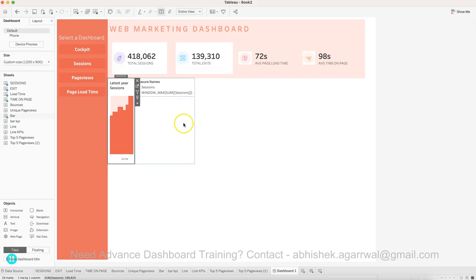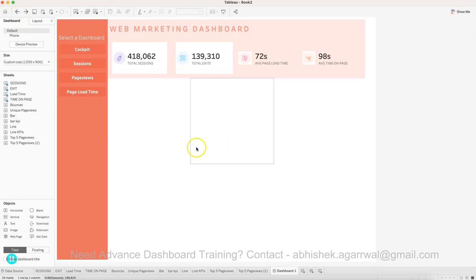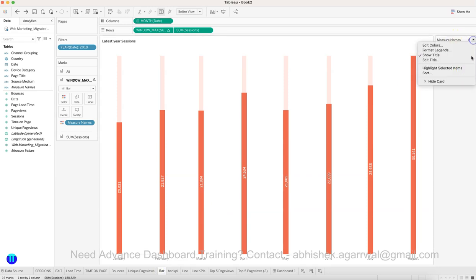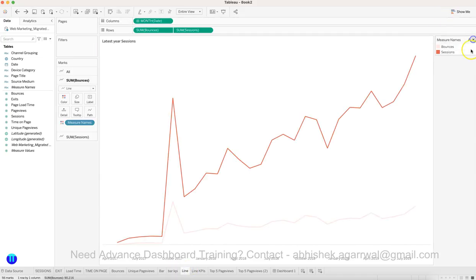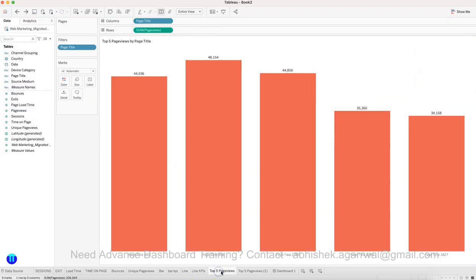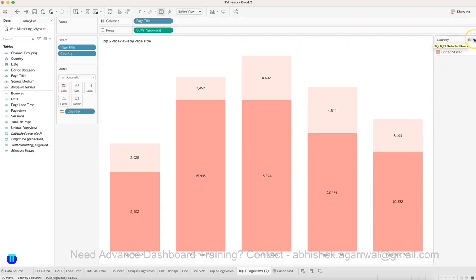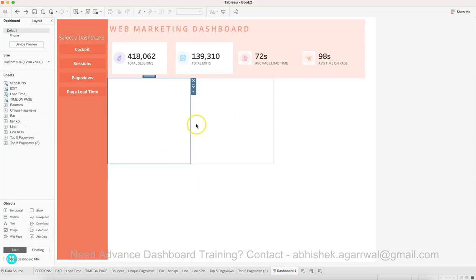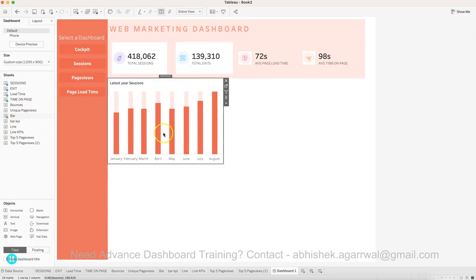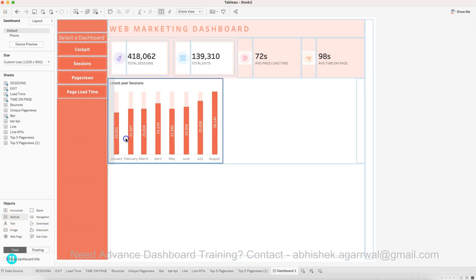Okay, so that's first. All right, one of the things we should always do, I will undo that. So I have this. One of the things we always do, we don't keep these boxes because this unnecessarily keeps the space. Usually I remove that, I forgot it, so I'll just make sure that I will remove this. Okay, line KPIs, this, all right, let's move it away. Okay, so we have the dashboard and I will bring in the bar chart because I need some space, so I'll create some space. This is where my bar chart is, and beside the bar chart I will bring one vertical